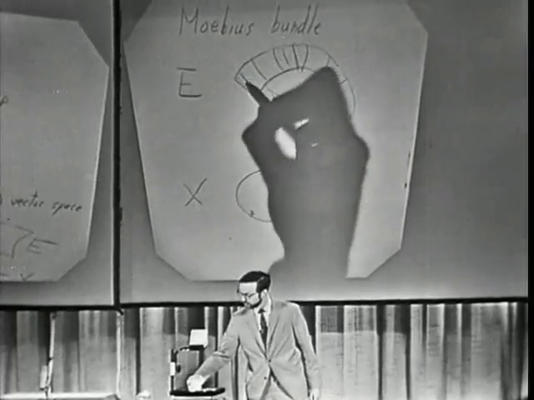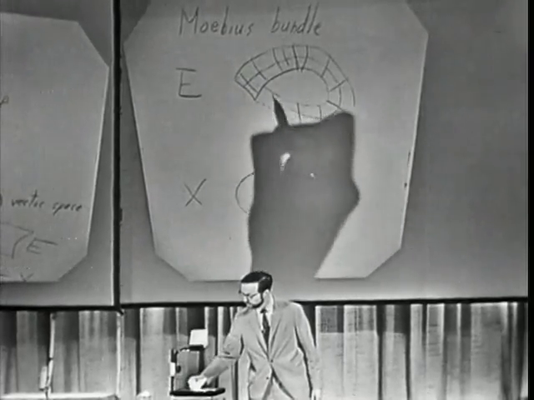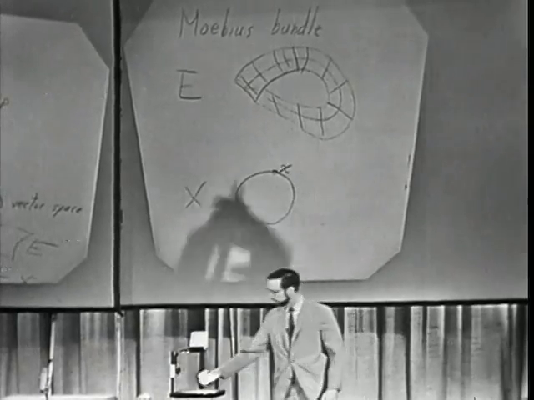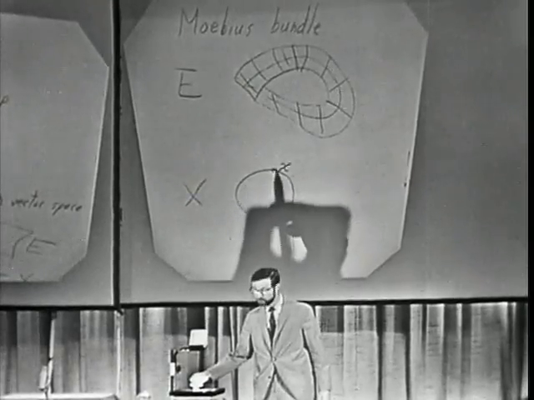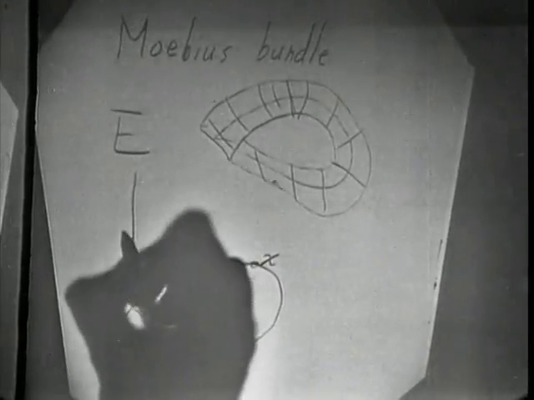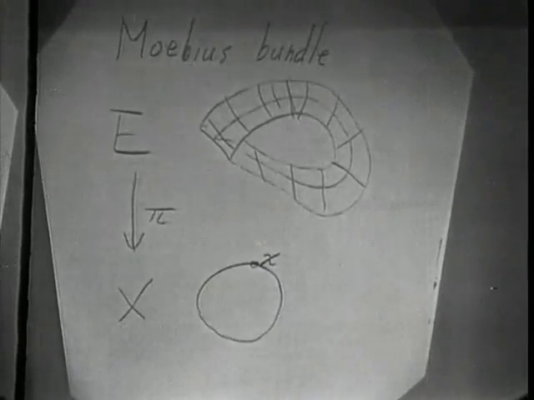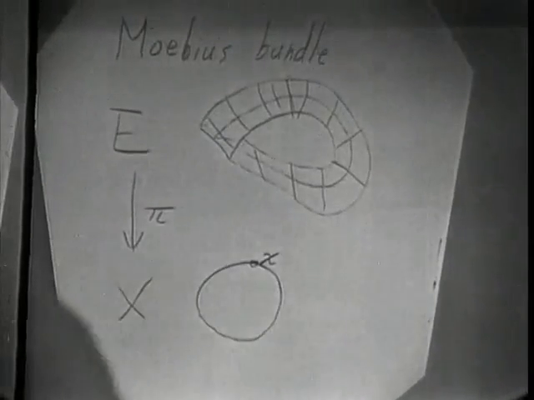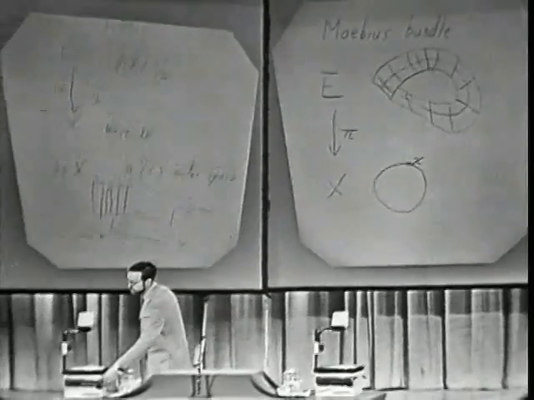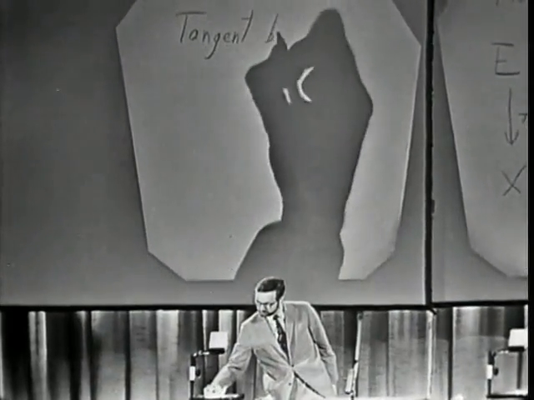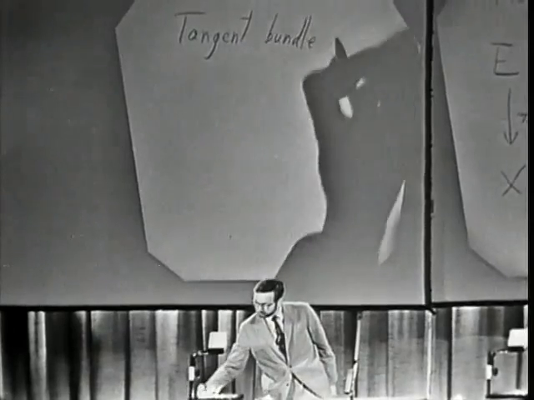To each point of x, one has a corresponding 0 vector, so one has x itself sitting up here in the middle. This is an example of a vector bundle over the circle, where each fiber, each inverse image of a point, is one-dimensional. Well, that's one example of a vector bundle. Another example is the one which we studied last time, the tangent bundle of a smooth manifold,